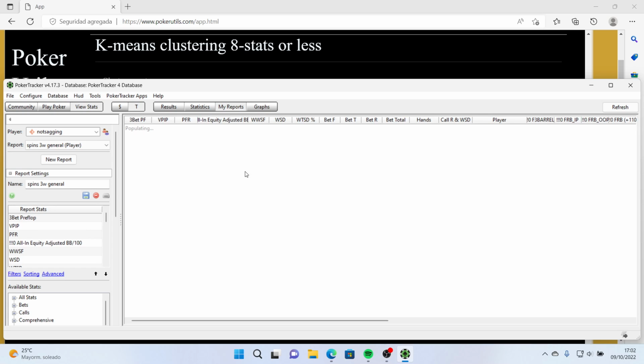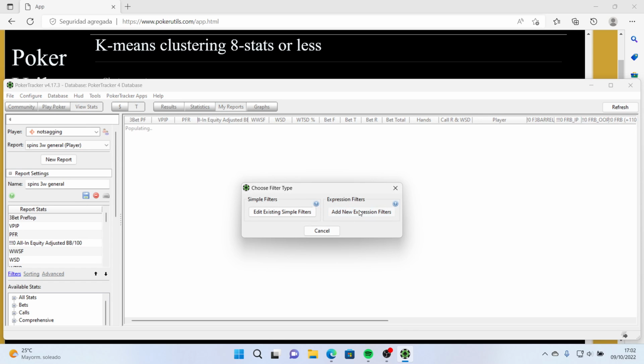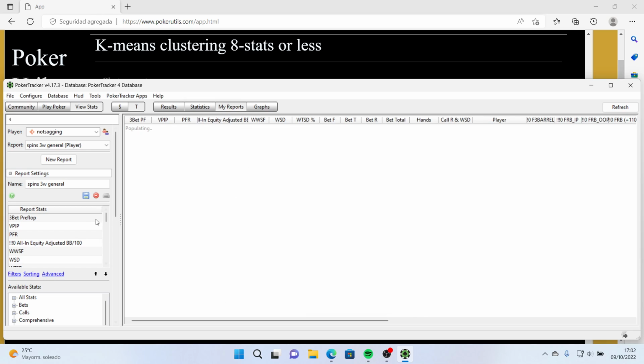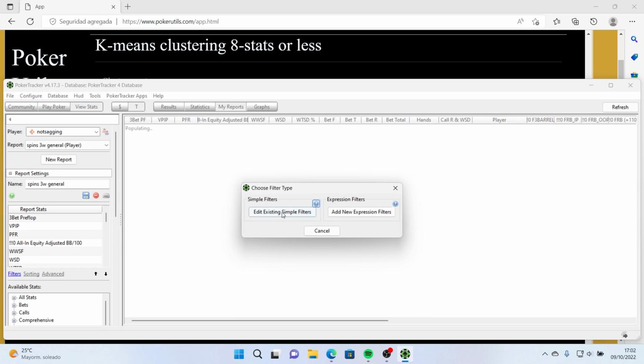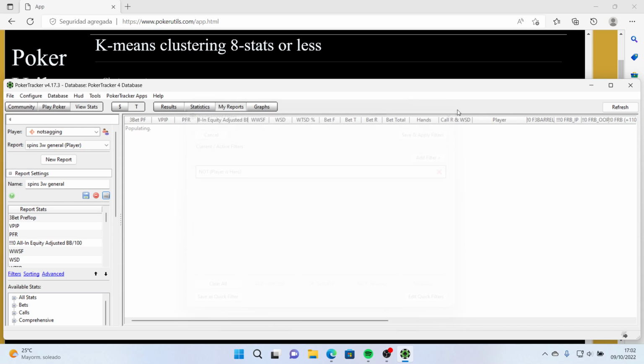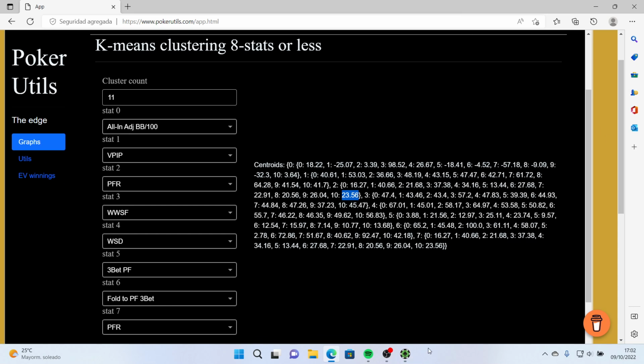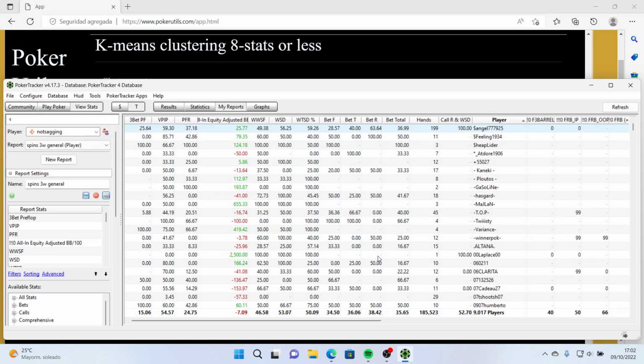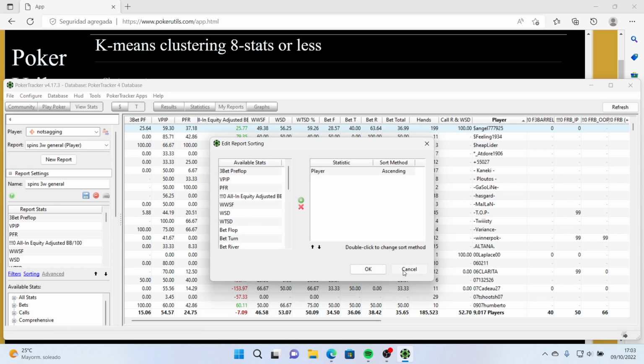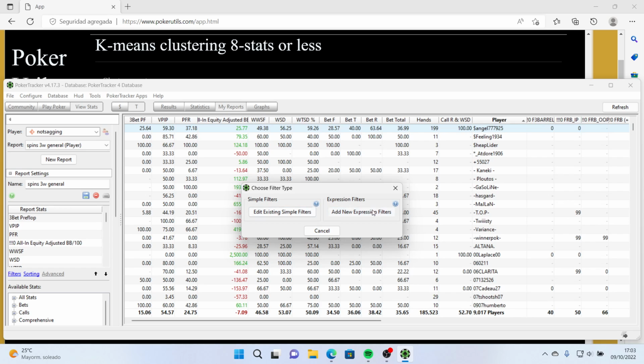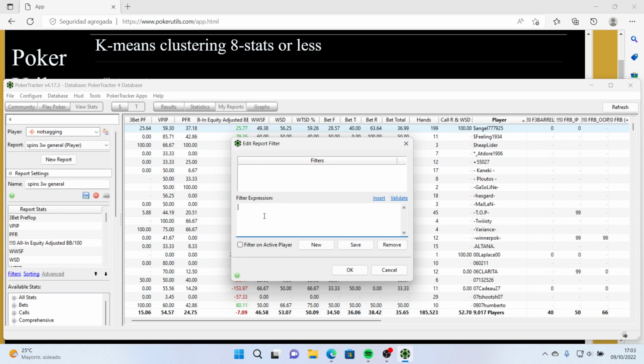Well, this is not the same report, but I suppose it should have around the same numbers. Let me see if, no, this is not filter. Well, I don't have that filter at this moment, but you could see with PokerTracker or Hand2Note or whatever tracker you use, you can see the mean values 54 and 24, but sorting, advanced filter, if you add this filter